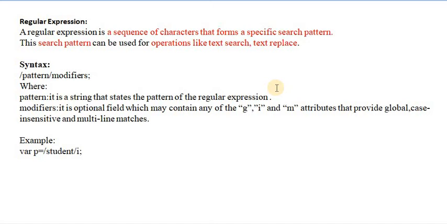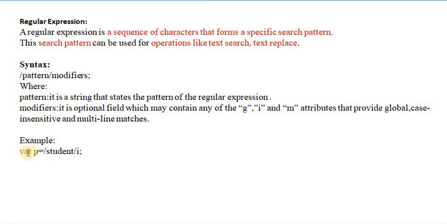The modifier is an optional field which may contain g, i and m. Here in the pattern you can search some string, and after the slash you can add g or i or m. These are attributes that provide global, case-insensitive and multi-line matches.